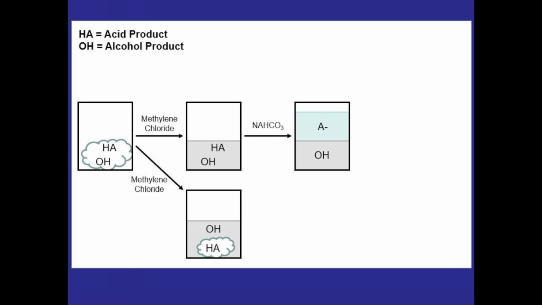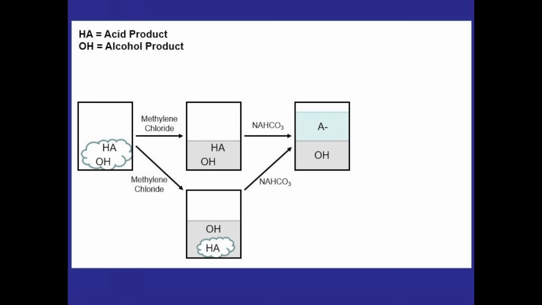After that, if we hear a small fizz after shaking the test tube, it'll most likely be coming from the methylene chloride evaporating. Now, if we end up in this scenario where the acid doesn't dissolve very well in the methylene chloride, we can still get to the same spot just by adding sodium bicarb. As we shake up the test tube, the sodium bicarb will eventually react with all of the acid and dissolve it in the aqueous layer, getting us to the exact same spot as if the acid had been soluble in